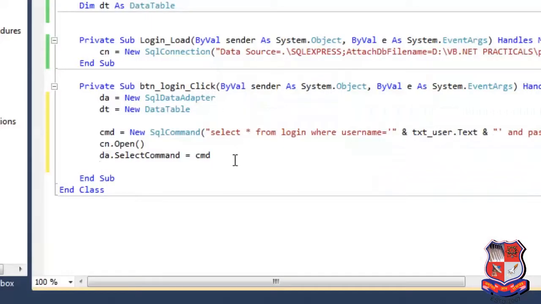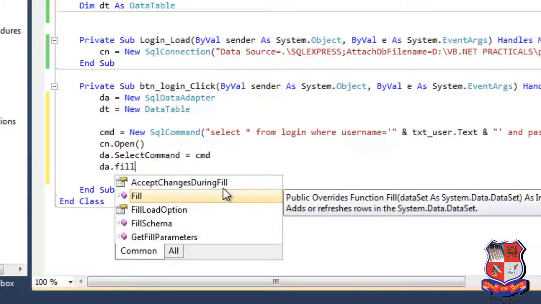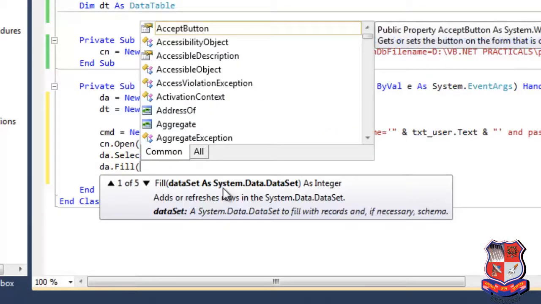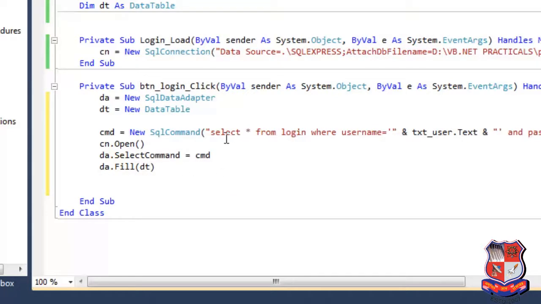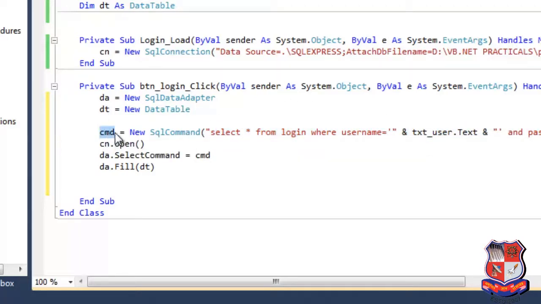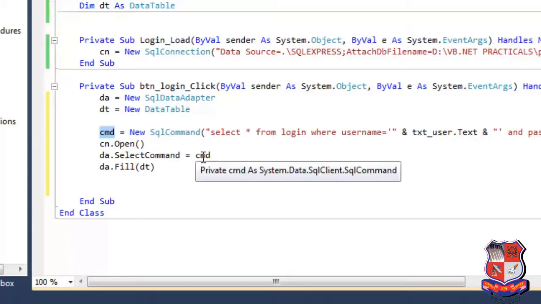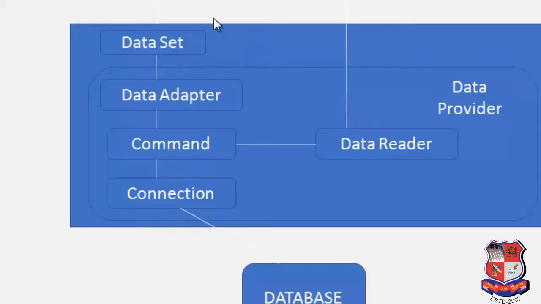For that, da dot Fill, and our data table object name is dt. Again I repeat, the result of this query is stored in the command, the command's result is moved to the data adapter, and the data adapter's data is moved to the data table. Now all data is in the data set.